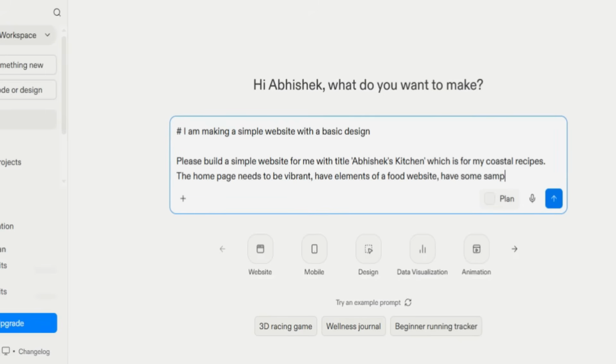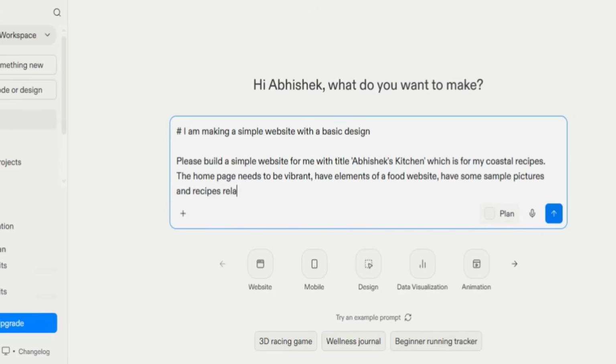Have some sample pictures and recipes related to coastal Karnataka delicacies. Since I'm from coastal Karnataka, I'm going to mention that as well, such as